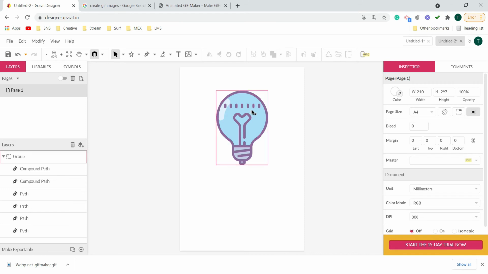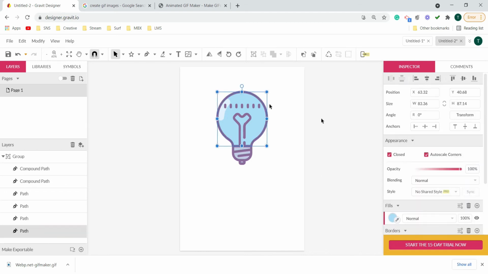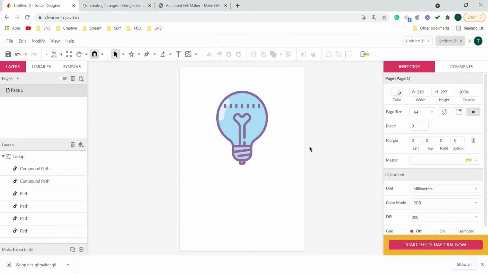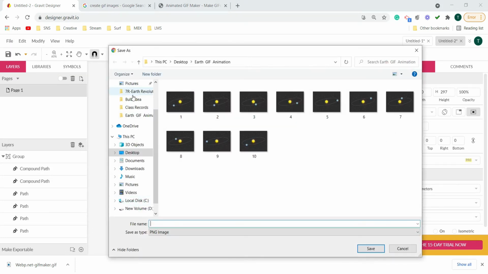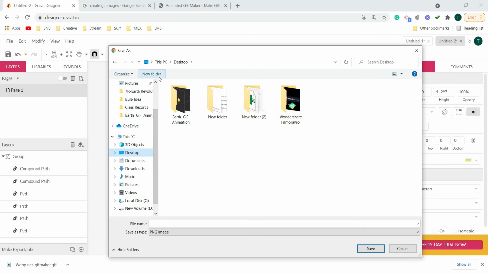So first of all, I'll start from this base part. This is the last path. This is the one which we need to select, and I will change its color. But before changing the color, I should first export this image once. Let's come to the desktop and I will create a folder over here.